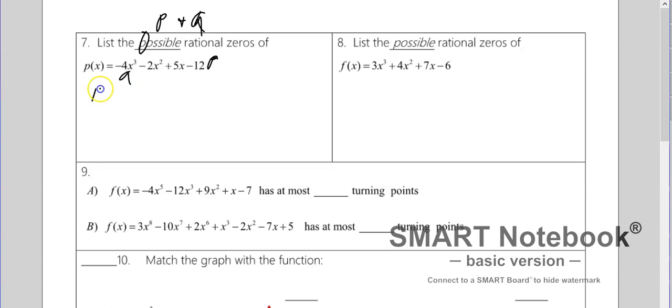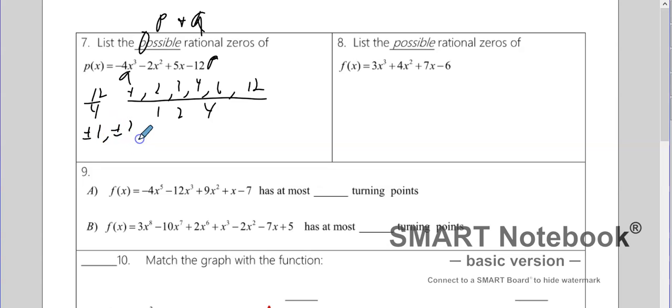So we're going to be doing 12 over 4. So that's 1, 2, 3, 4, 6, 12 over 1, 2, and 4. Now this requires a little bit of work, just time consuming, it's not hard. So, first off, all the numbers on top divided by 1 are simply all the numbers on top. Plus or minus 1, plus or minus 2, plus or minus 3, plus or minus 4, plus or minus 6,